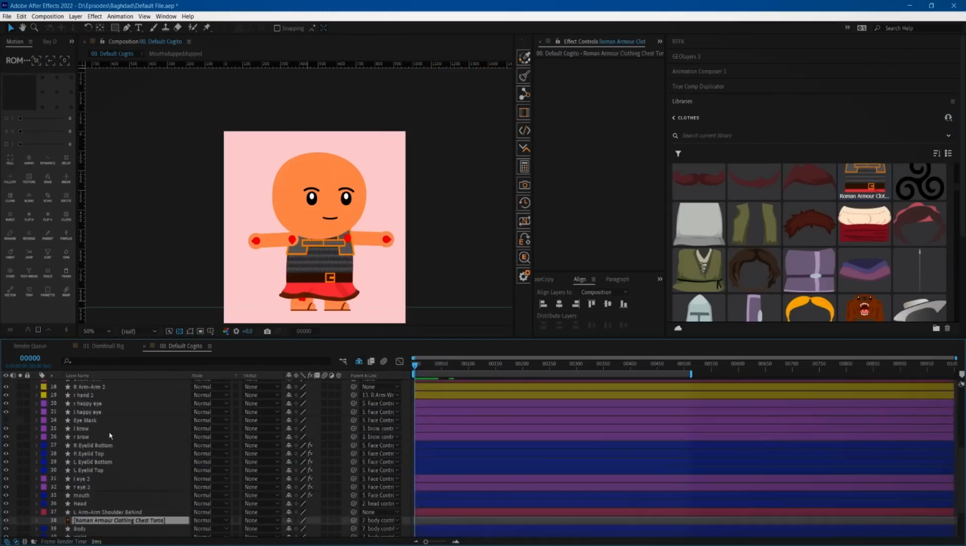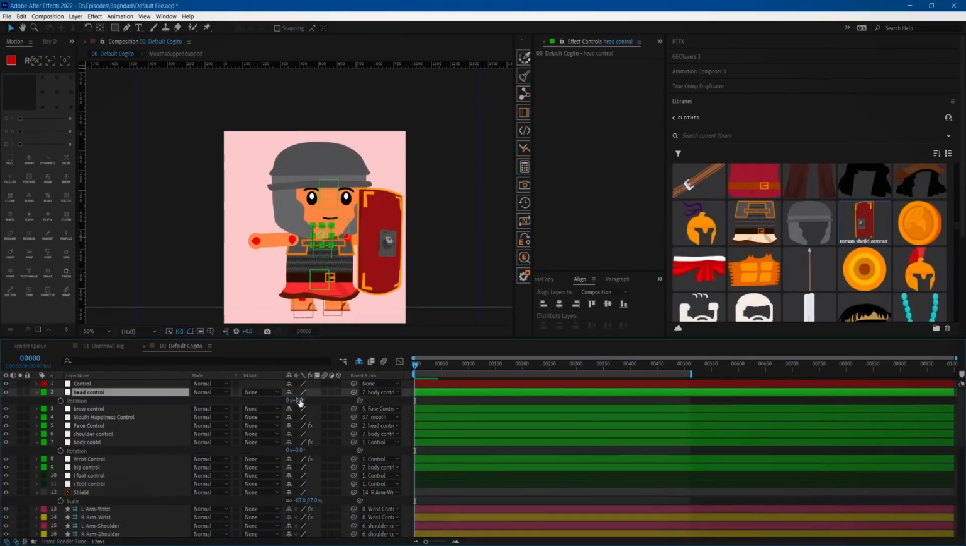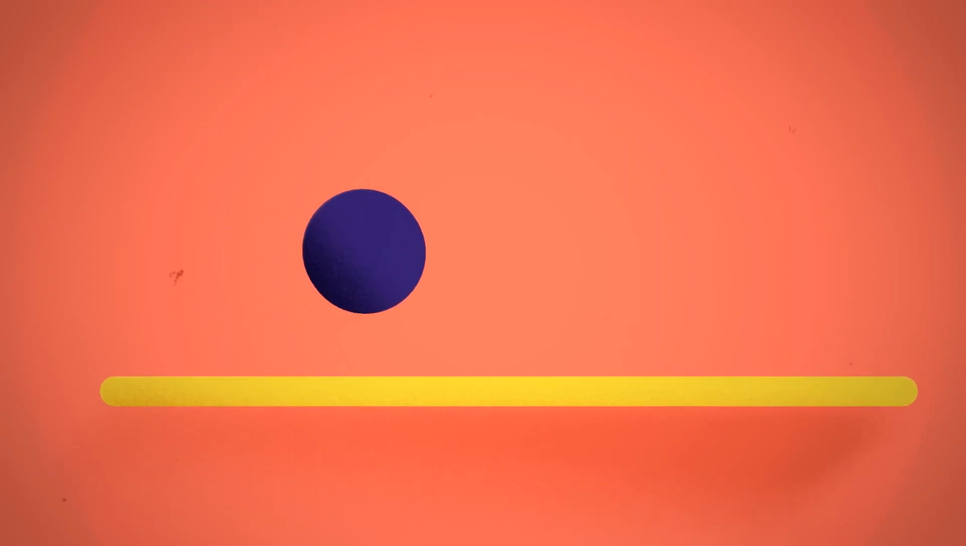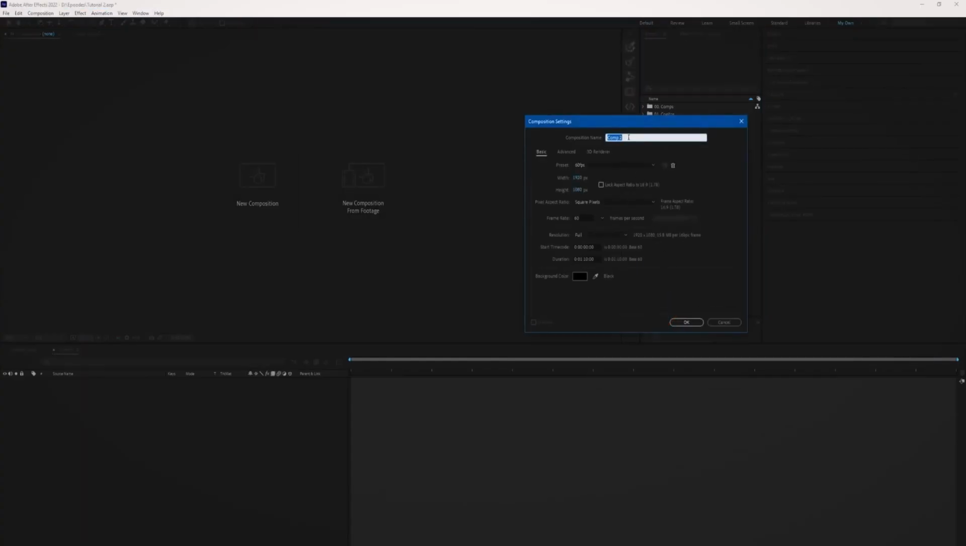Adobe After Effects looks scary and complicated, and it can be, but you control it essentially using three things: keyframes, layers, and effects. That's it. Let's make a ball bounce, for example. First, you make a composition, which is After Effects version of a scene. I make my compositions 1920 by 1080 at 60 frames a second, but 24 is normal for animation and 30